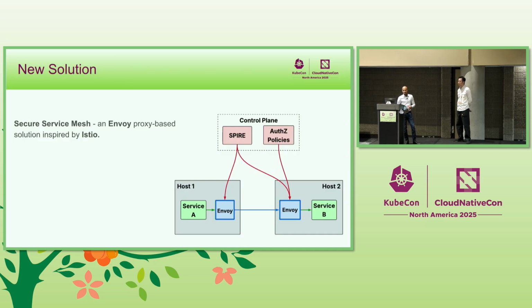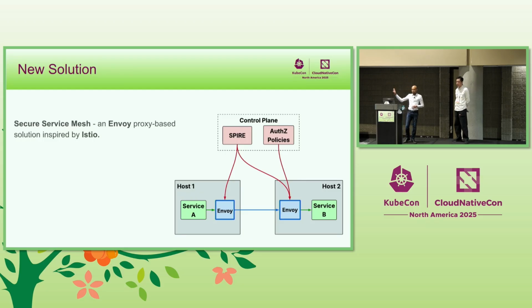So we had to rethink our strategy, and we came up with the service mesh-based solution. The solution is based on Envoy, and it is heavily inspired by Istio's architecture. The diagram looks very similar to the one that I showed before, but there's a key difference here. The key difference is that there's no library within the service. Instead, that logic of authentication and authorization is moved to an on-host proxy. So Envoy does all of this transparently behind the scenes. In addition to authentication and authorization, we're also doing encryption in transit because all of these connections are mTLS based.